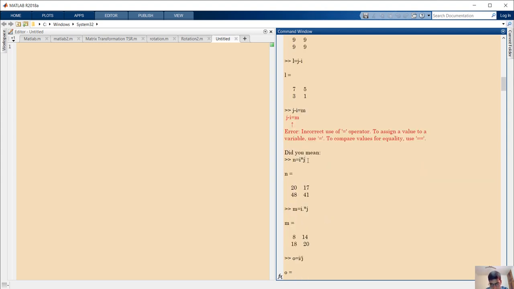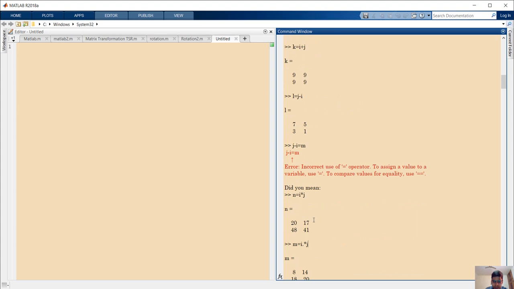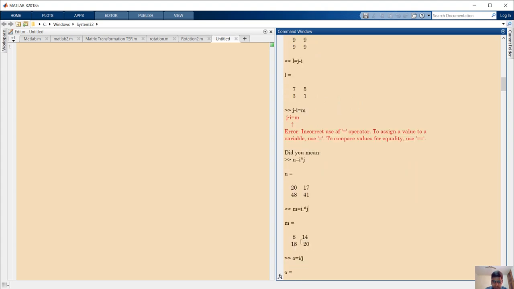So we have taken I, then here I've used the dot J. As you can see, it has done the element wise multiplication, I into J. Okay, 1 into 8 is 8, 2 7 are 14, 3 6 are 18, and 4 5 are 20. So yeah, this is the entire matrix multiplication, and this is element wise matrix multiplication. And to do the element wise matrix multiplication, we use a simple dot.